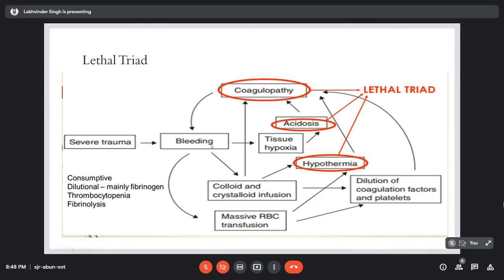Bleeding occurs, hypoxia occurs, acidosis, hypothermia occurs, coagulopathy occurs. Further, due to coagulopathy, bleeding occurs. So this is known as the lethal triad of massive bleeding: coagulopathy, acidosis, and hypothermia. At this stage, a new concept has come after the cell-based model, because the cell-based model says that